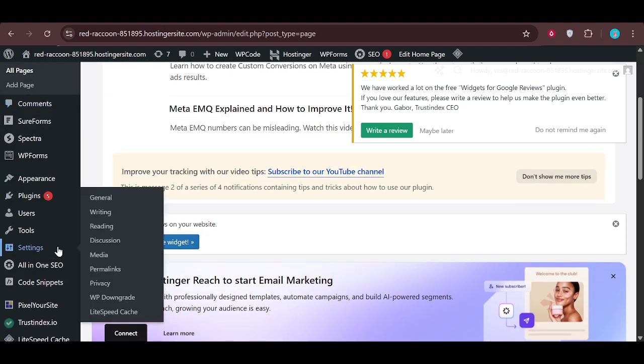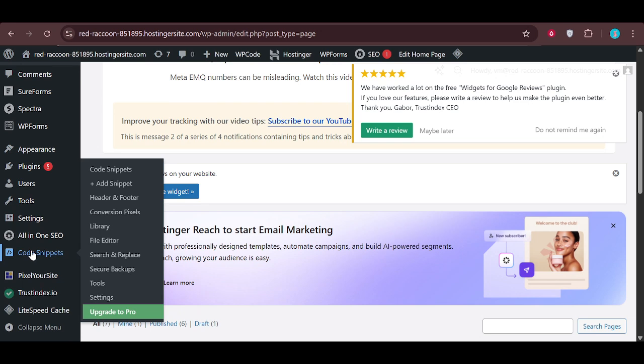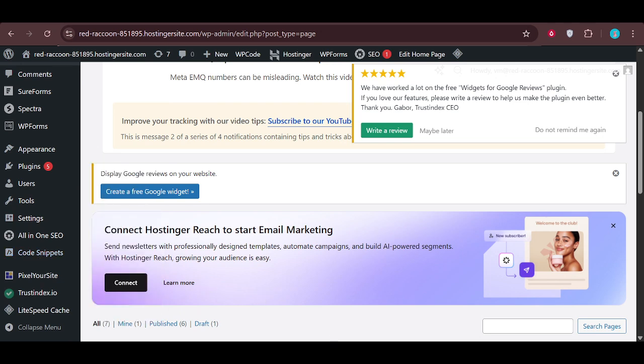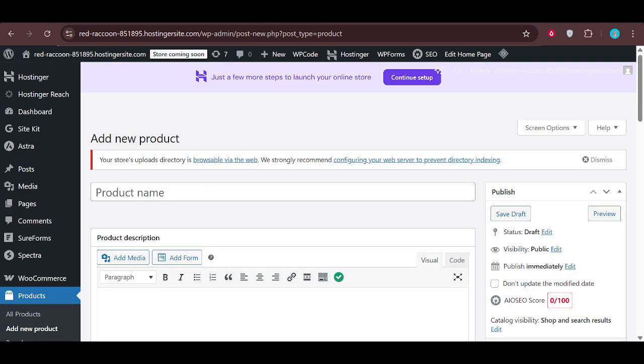At the top of this page, you'll see a field where you can enter your product title. Type in the name of your product here. Just below that, there's a larger text area for the product description. This is where you explain what the product is, who it's for, key features, and any important details the customer